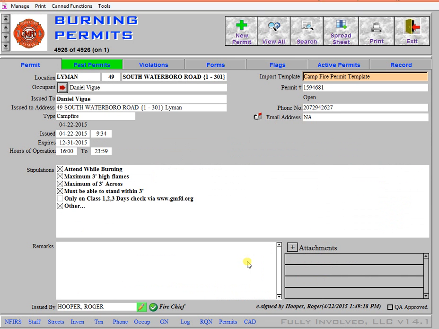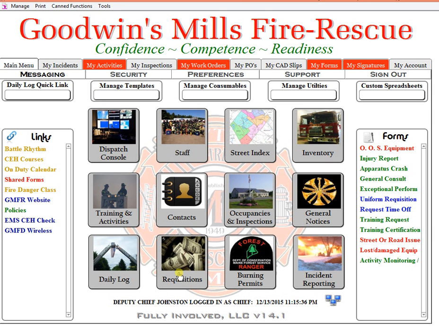Couple things on permits. One is there's been an email address field added. This phone number and this email address will now pull from the occupancy card on the fields that we just talked about. The other thing it will do is it will ask you when you're entering a permit if you want to add that phone number. So if someone comes in to get a permit, you take their phone number, it'll ask you, do you want to update their occupancy card? If you so choose to, the next time they come back, that phone number will backfill for you. That ends our permit section, and the last thing that we need to talk about is in the purchase orders,